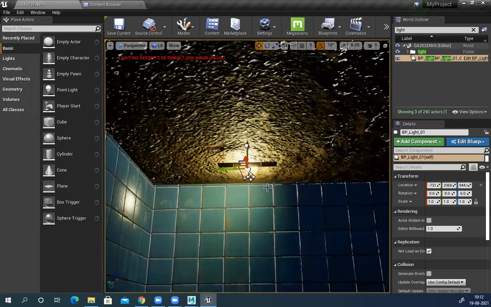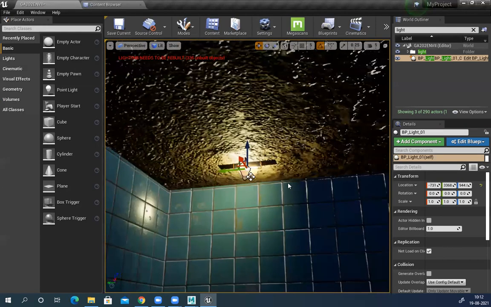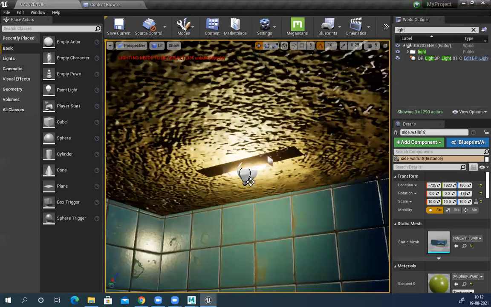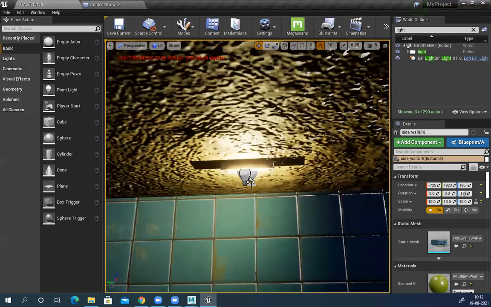And I can freeze this thing here. So the only problem I can see here is this 360 light creating a little issue. It's illuminating this ceiling also and doesn't look very nice. So what I'll do, click on the blueprint editor,